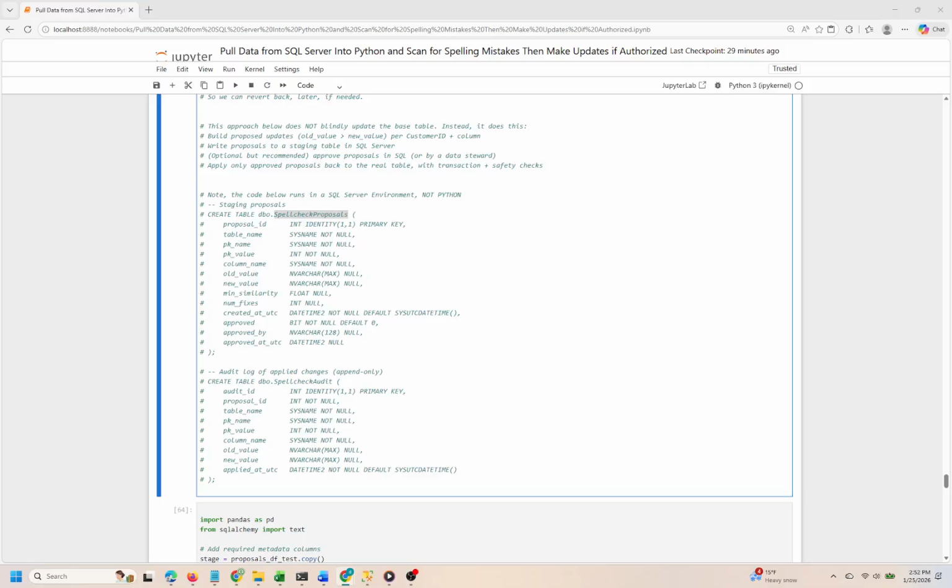Meanwhile, the spell-check audit table allows us to maintain a complete history of applied changes, ensuring that we can trace back our steps if necessary. It's important to note that the code here is designed specifically for SQL Server, emphasizing not just how to structure the data, but also how we can implement controls to prevent haphazard updates. This method reduces the chances of conflicts or unintended data corruption, and it provides a structured way to manage data